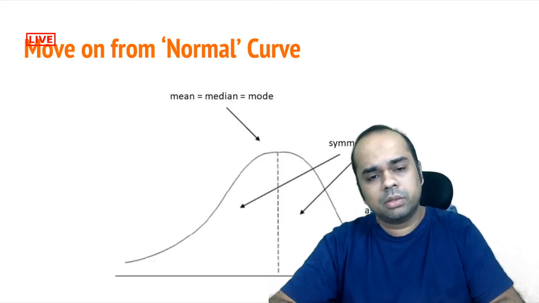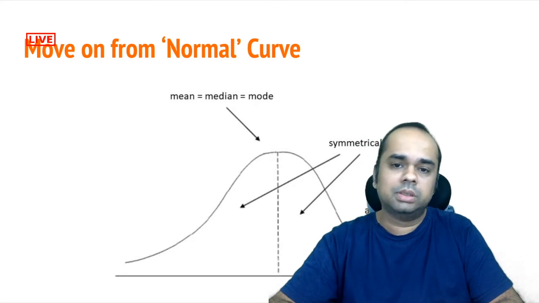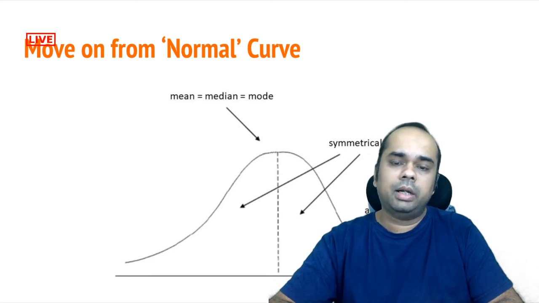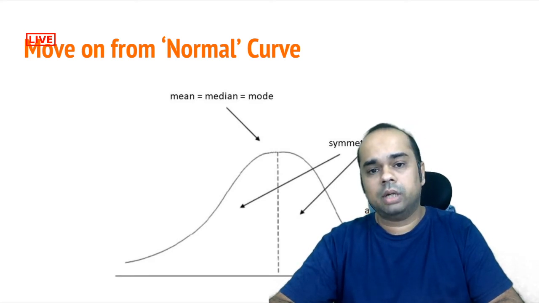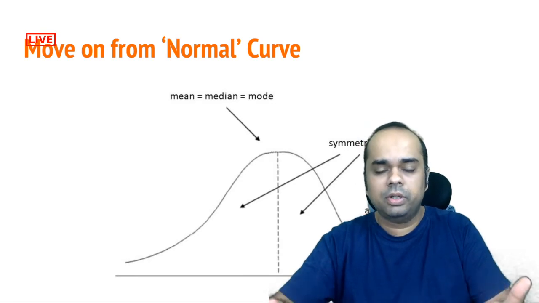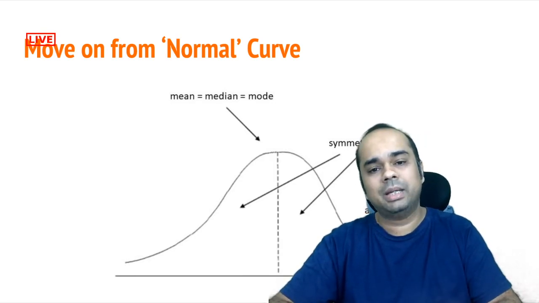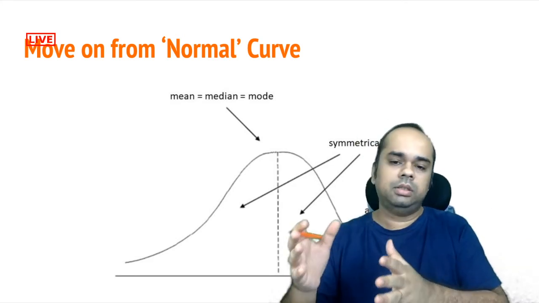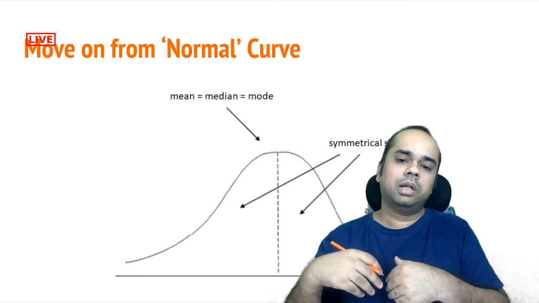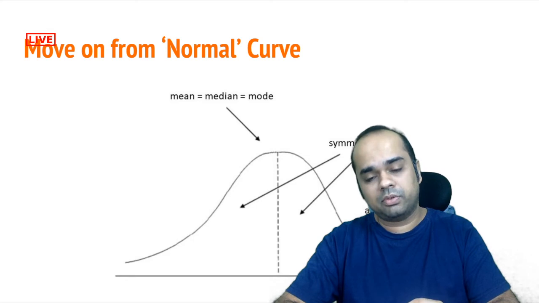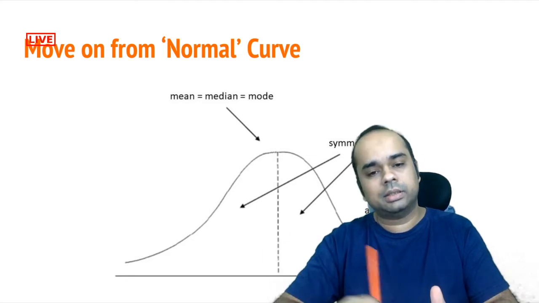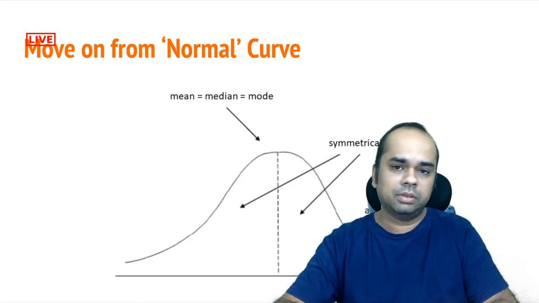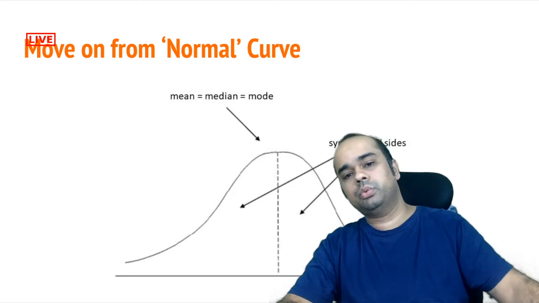I'm sure you must have seen this particular curve many times in the past. It has wide applications, whether in performance appraisal or in a lot of phenomena in and around nature, like the height of students and the distribution of various other things, which is typically the bell-shaped curve, where a vast majority is in the center, and the outliers, the people at the extreme ends of the performance value chain, are on either side. You must have seen a lot of phenomena which follow this kind of distribution.